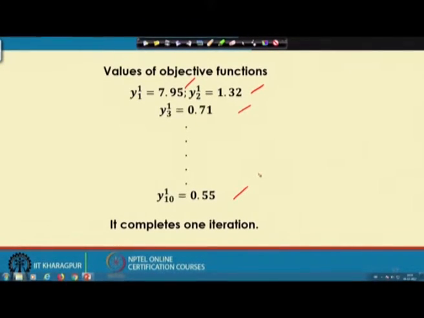Now, what I will have to do is assign the personal best for each of these particles in terms of the two design variables B and H, and at the same time, find out the values of the objective function for each of these particles.